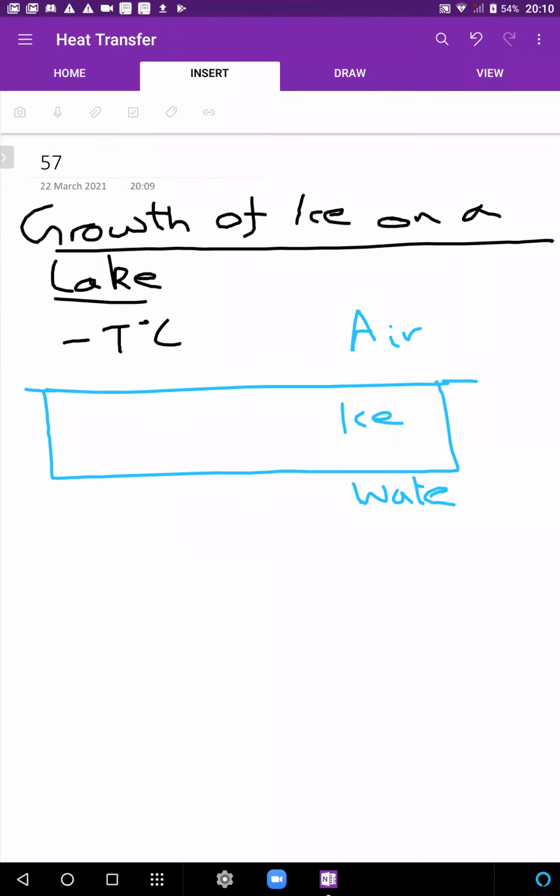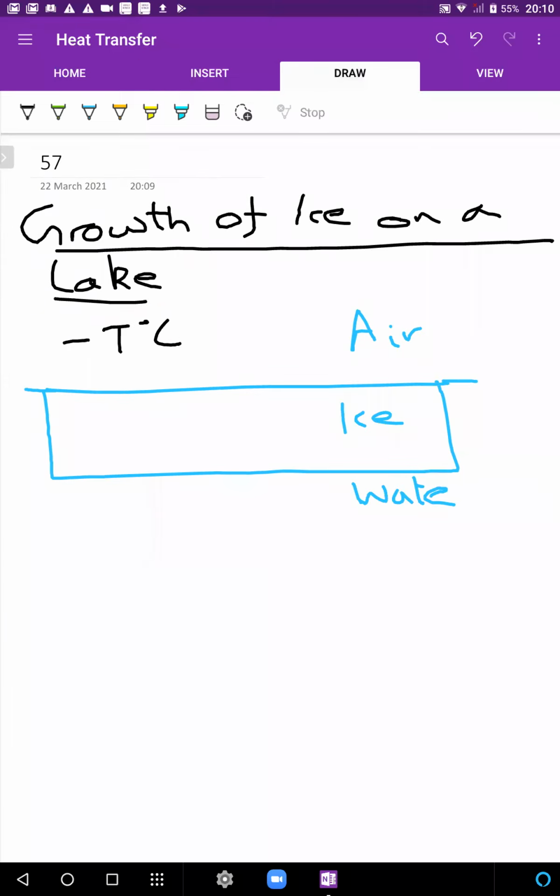ठीक है. तो एयर का टेम्परेचर माइनस T डिग्री सेल्सियस और ये जो आइस का थिकनेस है, that is H, and we are very interested in figuring out how this thickness changes with time. That is our main objective. ये कितने रेट पे आइस का थिकनेस बढ़ते जाता है, that's our main concern. ठीक है. Now let's say density of ice is rho I. ठीक है, I for ice. Let's say thermal conductivity का coefficient is Ki for ice.